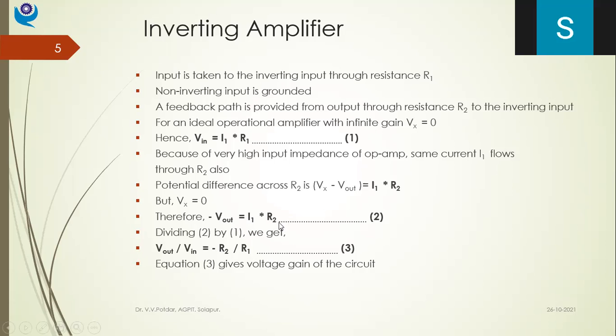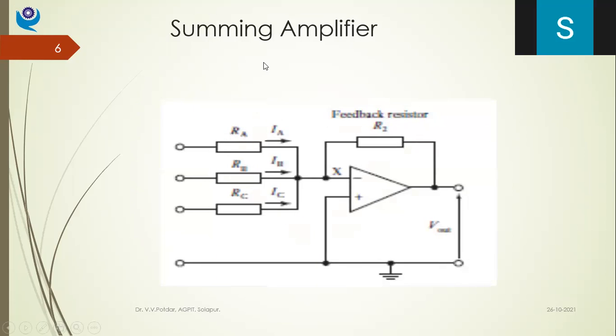Similarly, the summing amplifier. This is my basic op-amp. You have to remember this: two terminals at the input, one terminal at the output, and a feedback path configuration. The rest of the circuit comes beyond this. This will be your basic op-amp with feedback path. It will always be there. Only while performing different operations, I may need to add capacitance at some places, on the output side or the input side, depending on whether I want to differentiate or integrate. First of all, we have seen the inverting one.